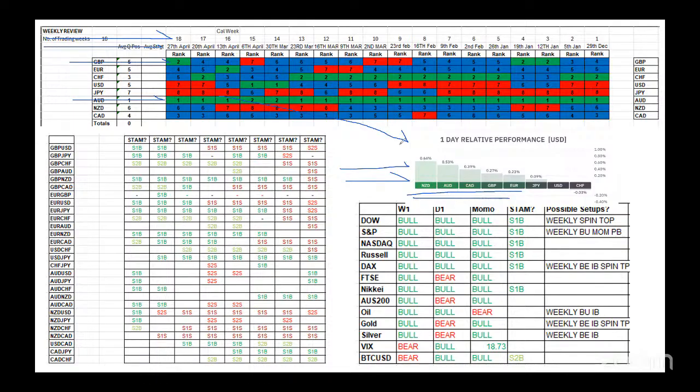When we look at that strength and weakness, where's the strength or where's the weakness? Japanese yen remains weak, as does US dollar, and US dollar weakened again overnight, and we'll look at that in a moment on the live charts because of that war-off risk-on mentality. That invariably means a dollar sell-off, and as I said, that's had its knock-on impact across most of those other currencies versus the US dollar.